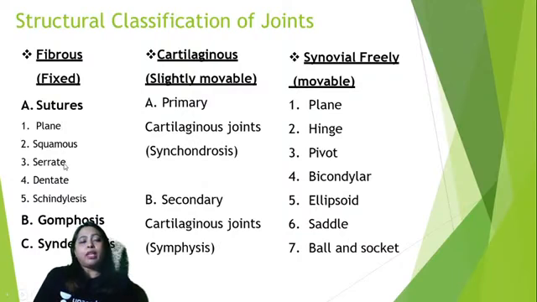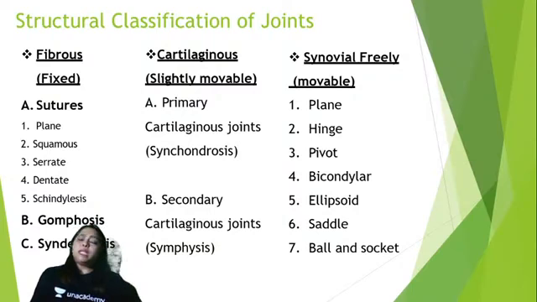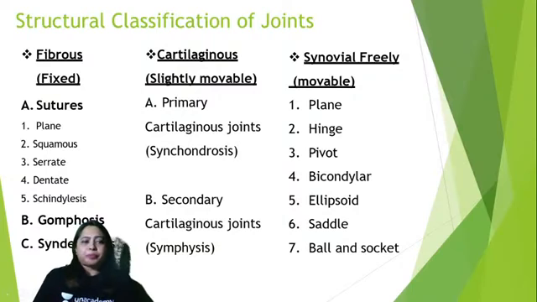Next one, squamous type, is again the similar type of sutural end. And then you have serrated type. Serrated type, you can see between the two parietal bones. So between the two parietal bones, there is a serrated edge, like a zigzag. Okay. So you can see that there is a serrated edge, and that forms the serrated type of suture. Then you have one more type that is called dentate type.